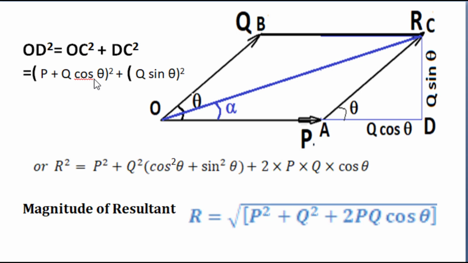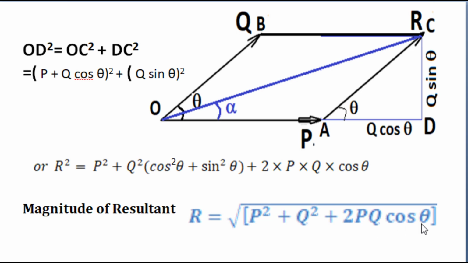Here (a plus b) whole square is a square plus b square plus 2ab, and this is (Q sin theta) whole square, Q square sin square theta. When we brought Q square common from these terms, we got cos square theta from here and sin square theta from here, and the sum of the two becomes 1. So when we take the square root, the magnitude of resultant is given as square root of P square plus Q square